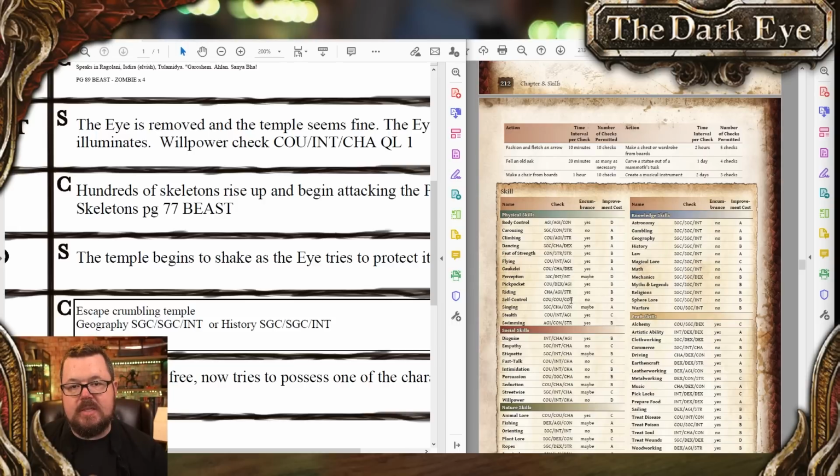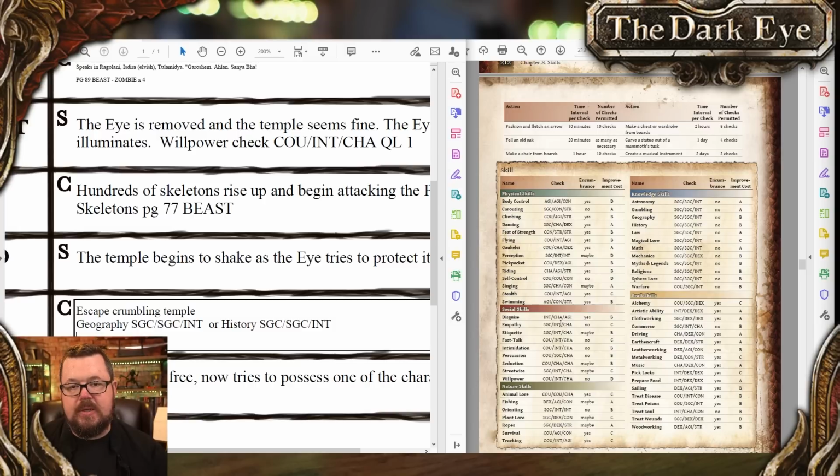Here's the list of all the skills that we could use. Social's not going to really help. Orienteering might work. So yeah, let's do orienteering. I'm assuming it's doing what it says it does, right? Which is finding the path and knowing where they are and that sort of thing. It's a tough one too if you're stupid. Okay, so these are all intelligence checks. So I think that's a bit